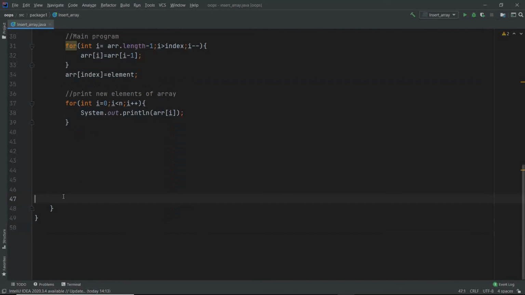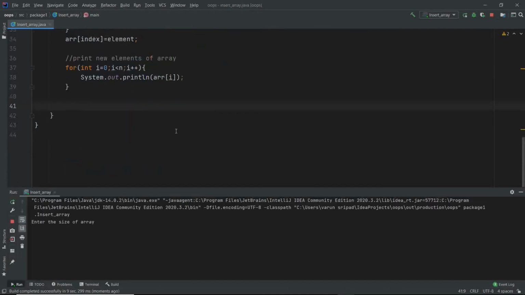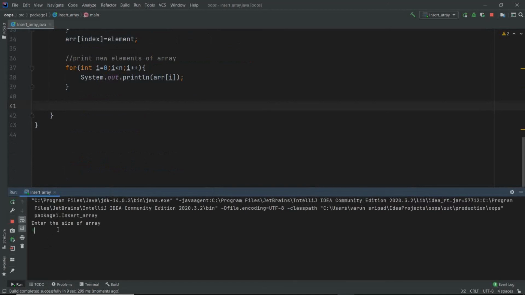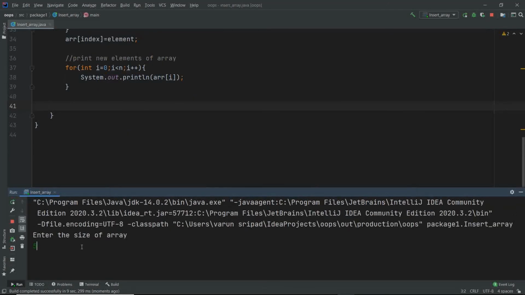Now getting back to the code which we have typed, it's time to run this particular code. I've said that we can do that by Shift F10. It is asking me here, enter the size of the array. As usual, you're not able to see this, so let me zoom in. I've entered it as 5. Now it is asking enter the elements of array.